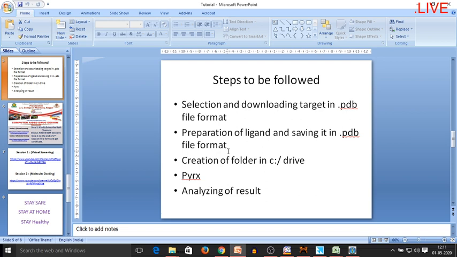The answer is no, because the difference between both the tools is that in molecular docking you will also be able to visualize the conformations of the 9 conformers, and you can select the best conformer.